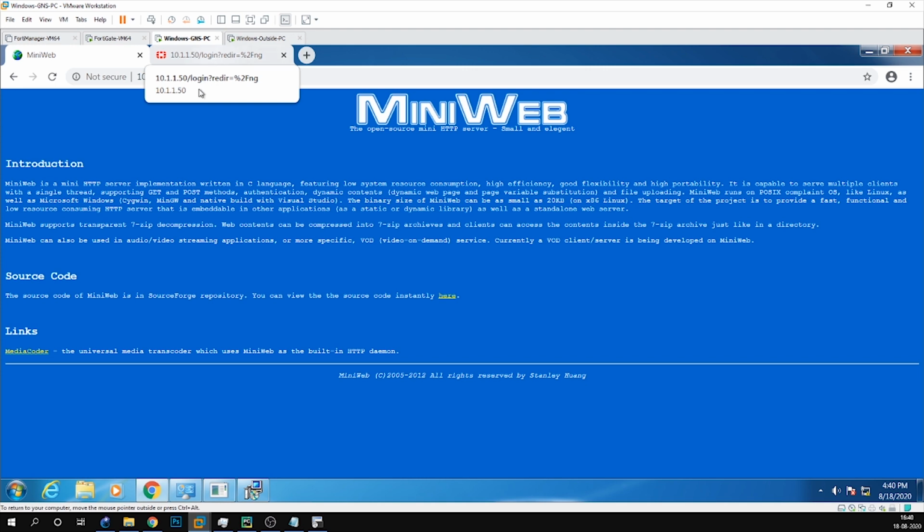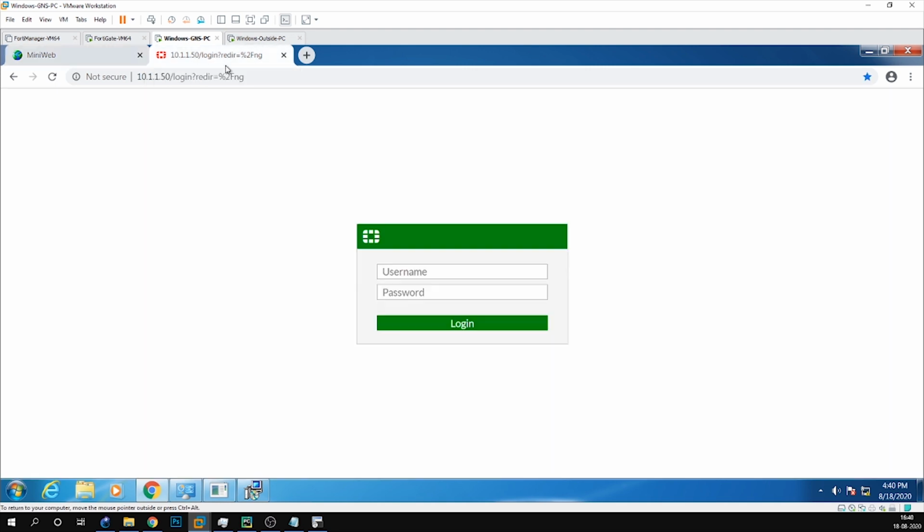Let's see the logs on the FortiGate. So this is our FortiGate on 1.50. Basically, I am trying to manage both the FortiGate and FortiManager using this machine.